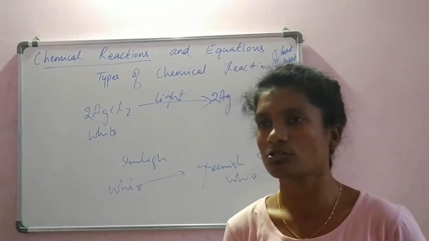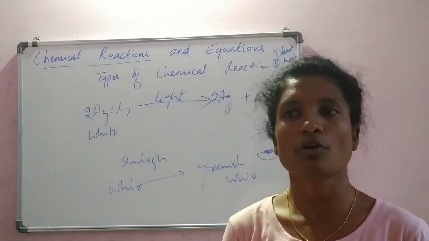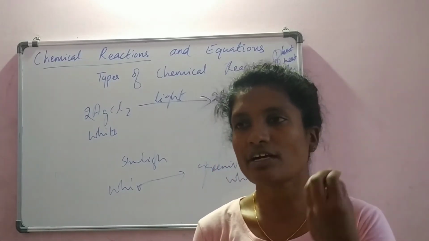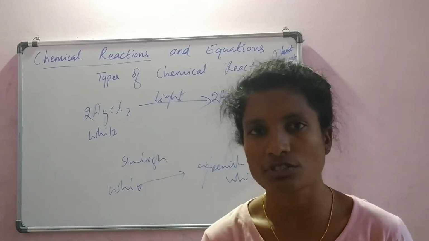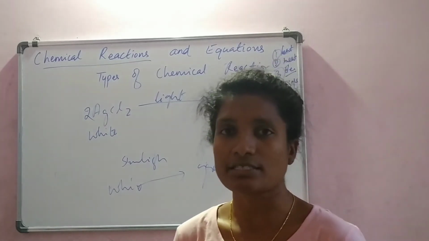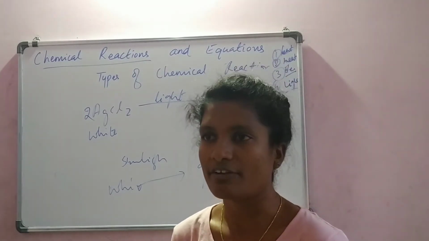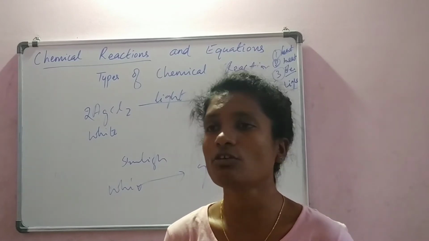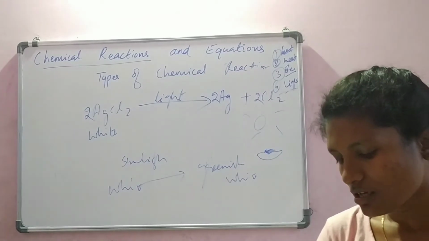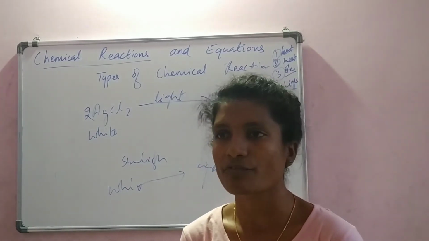Inside our body also decomposition reactions take place. For example, we consume proteins. Proteins get decomposed into what? Amino acids. We consume carbohydrates, which get decomposed into glucose, simple carbohydrates. Like that, we consume oil and fat, which get decomposed into fatty acids and glycerol. Okay, so this is decomposition reaction, which is widely used in nature to manufacture some of the compounds.